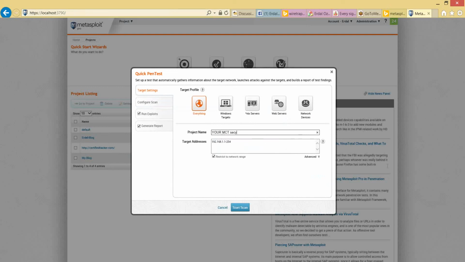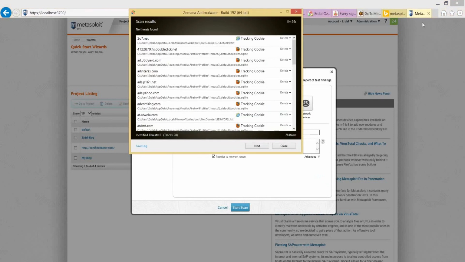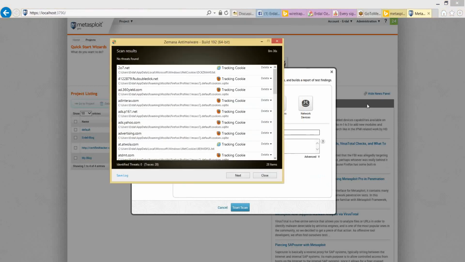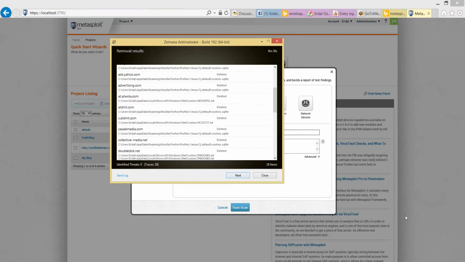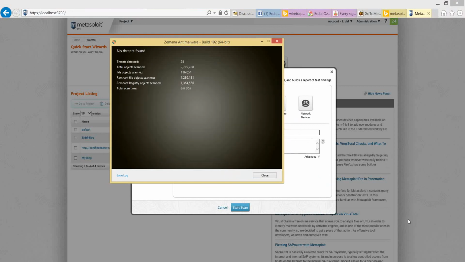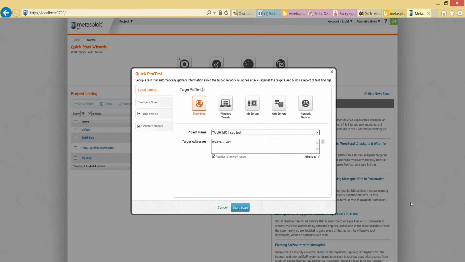security test. Security test, by the way, the anti-malware scan has finished. And as you can see, I got lots of tracking cookies. You can use the add-on that you talked about, and that's it. You can put an internal and external IP address to find out what's going on. In this case, I'm going to put my blog address